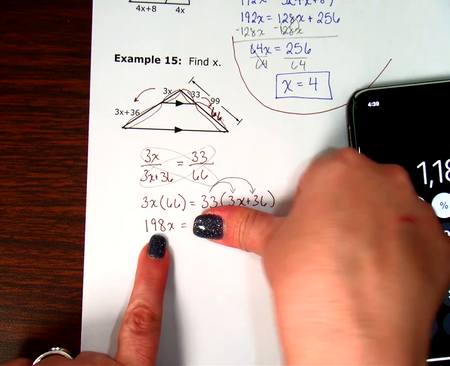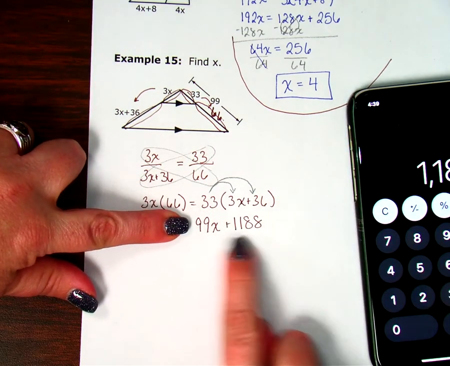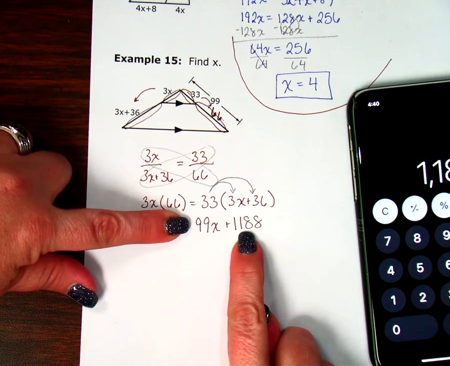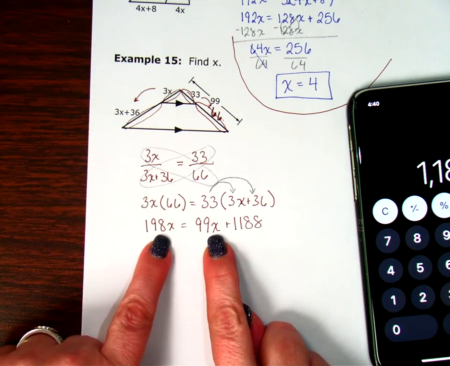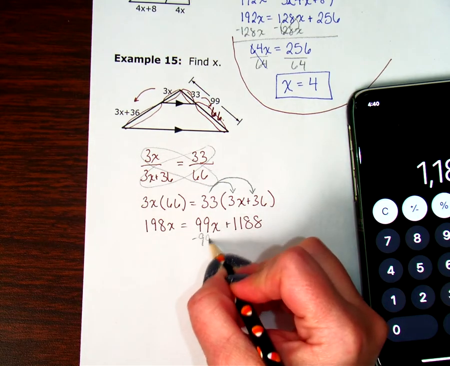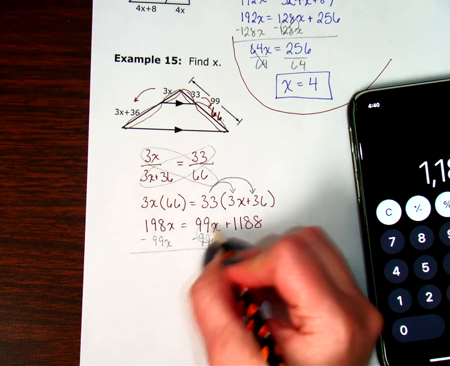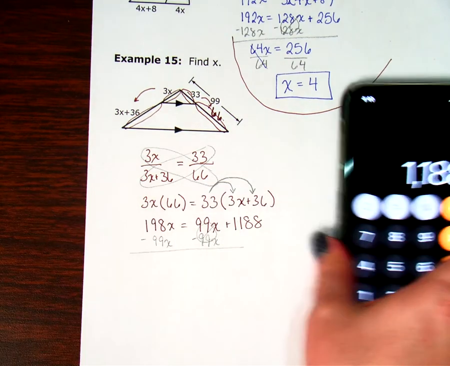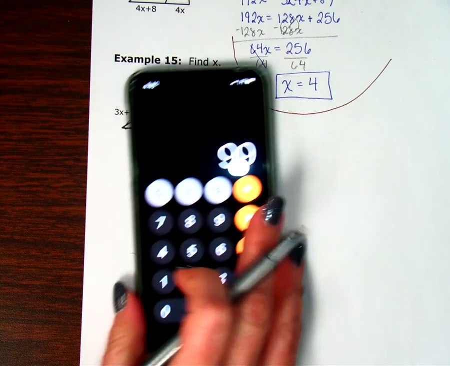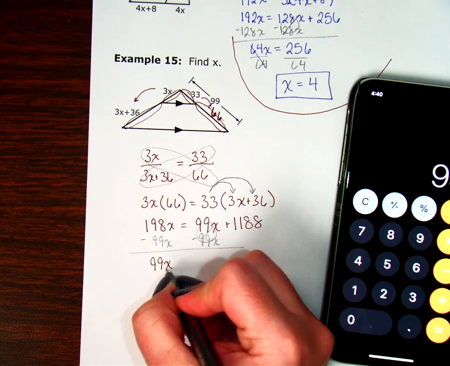And then I'm going to check for like terms. When I look at the left-hand side, I just have the 198x, so I can't combine anything there. When I look at the right-hand side, I have 99x plus 1,188. I can't combine those. So my next step is to get the x's on the same side of the equals by doing the opposite to move them over. I always move the smallest one to try to keep things positive. 198 minus 99 is 99. Oops, y'all couldn't see because of the glare. 99x equals 0 plus